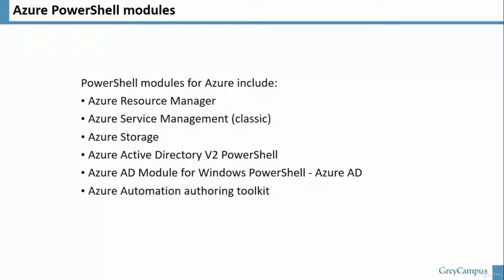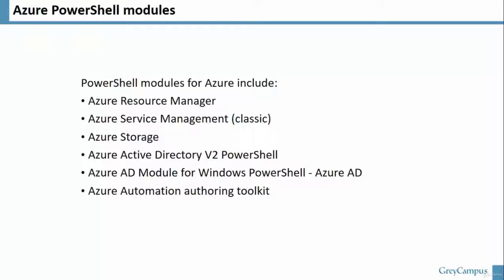Moving on to the Azure Automation Authoring Toolkit. Azure Automation is a service that you can use to run Windows PowerShell workflows and scripts as runbooks directly inside the Azure environment, either on demand or based on a particular schedule. While it is possible to develop Azure Automation runbooks directly in the Azure portal, you can also use Windows PowerShell for this purpose. To simplify the process of developing runbooks in the Windows PowerShell ISE, you can install the Azure Automation Authoring Toolkit from the PowerShell Gallery by using the cmdlet Install-Module AzureAutomationAuthoringToolkit -Scope CurrentUser, and